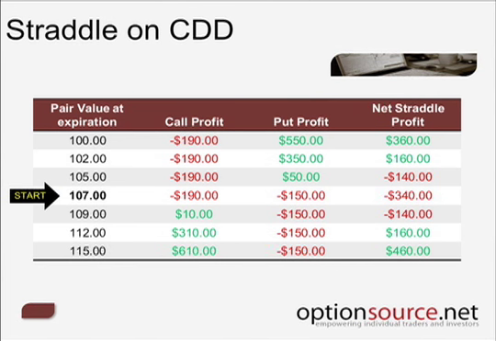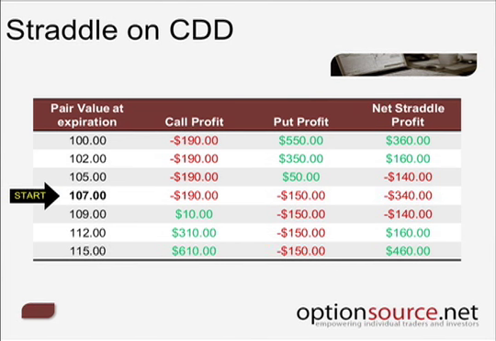So the drop from 107 to 105, you can see that we've lost 190 on the call, but we've gained back 50 on the put, and this is on expiration. So our net loss, in fact, because we didn't generate enough return on the put to compensate for that call option loss, is going to be down 140. But as the selling on the downside accelerates, you can see that the put value profits are now exceeding the call value losses,